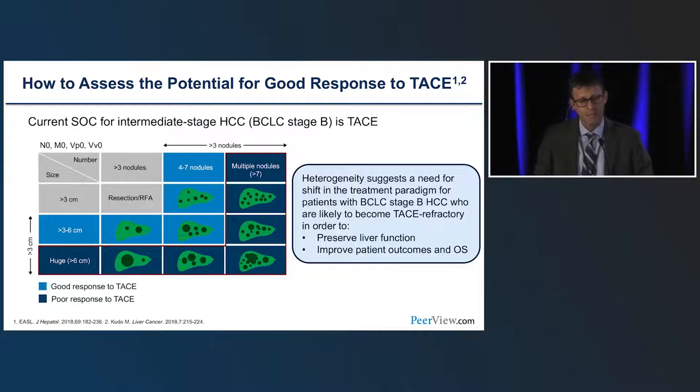And the recent FDA approval for Y90, which came out of the Legacy study, really looked at unilobular tumors, single tumors, and the average size of that tumor in Legacy was like 2.5, 3 centimeters. So something to keep in mind, and what the updated version of the BCLC, and we'll come to that, highlights is